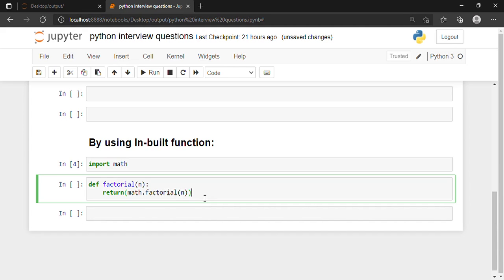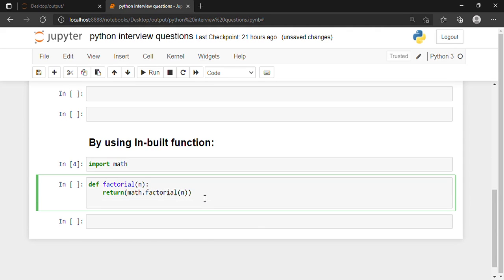So let's say that I want the number to be 5. Okay, so in that case, what am I going to do? I will write n is equal to 5. Let's see what happens.